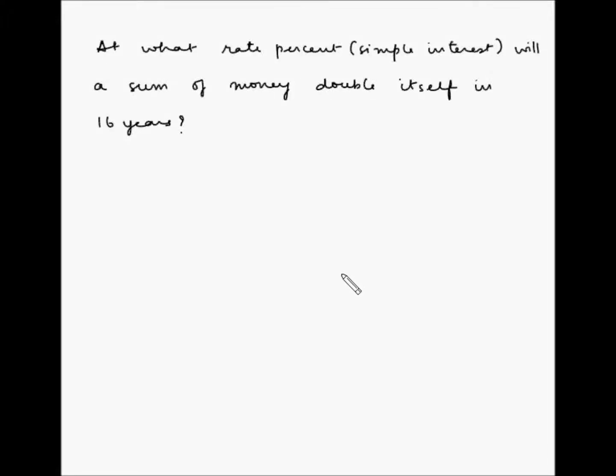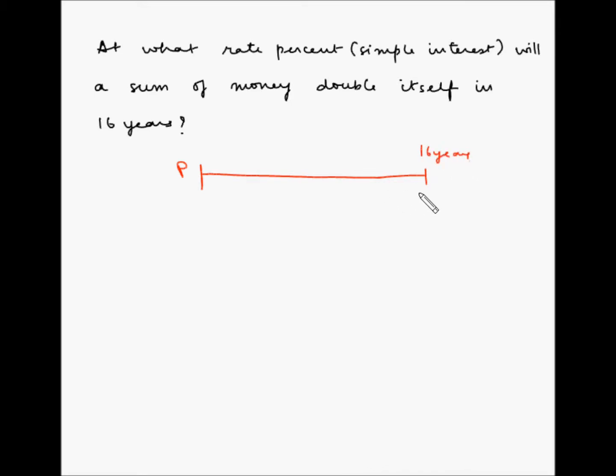At what rate percent, in simple interest, will a sum of money double itself in 16 years? Suppose you have lent a sum of money, say P, for a time period of 16 years. And at the end of 16 years, you are looking to double your money. So you should get the original principal, P, plus the same principal amount, which is nothing but the simple interest that you will get for these 16